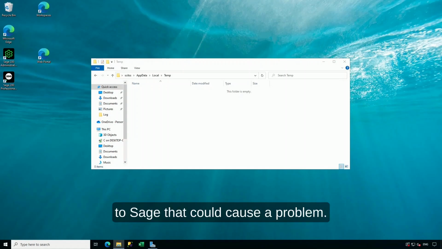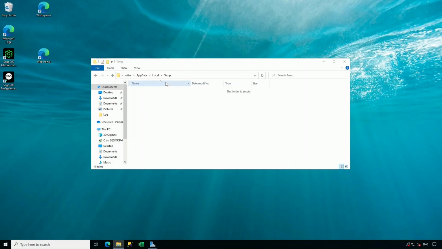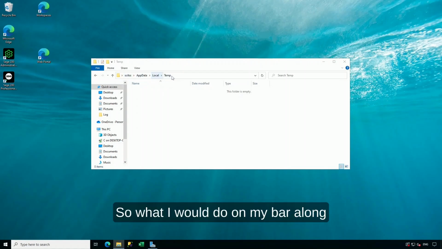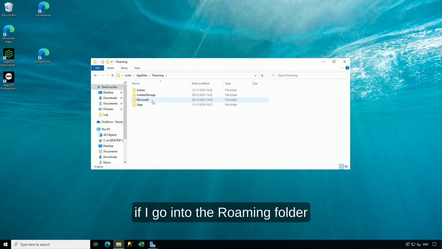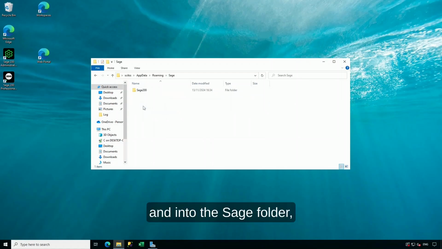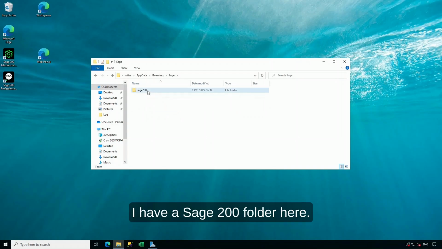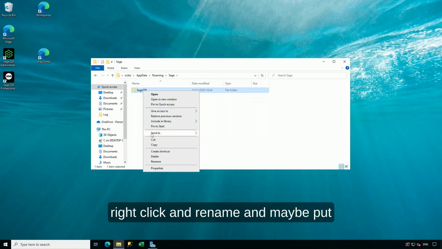What I'm going to do is see if I can find some other files that may relate to Sage that could cause a problem. So on my bar along the top, I would click on the words AppData. It takes me back to a level where I have three folders called local, local low and roaming. Within here, if I go into the roaming folder and into the Sage folder, I have a Sage 200 folder here. Now, sometimes a file in here can get corrupted, so the best thing to do is to right click and rename,